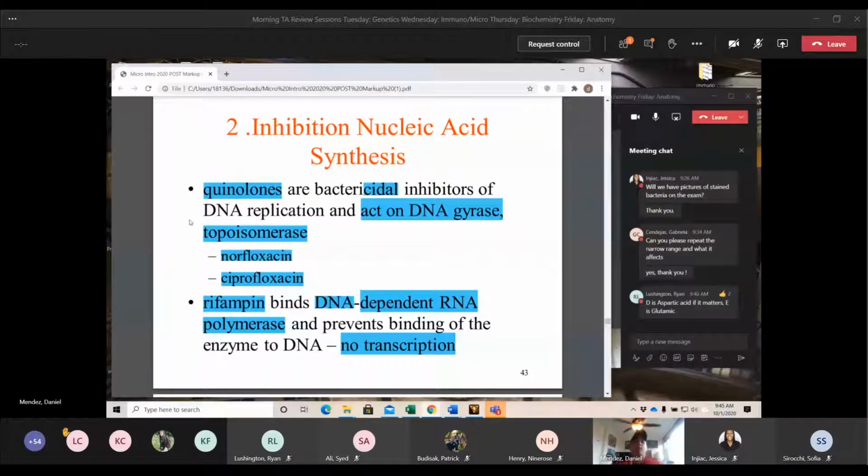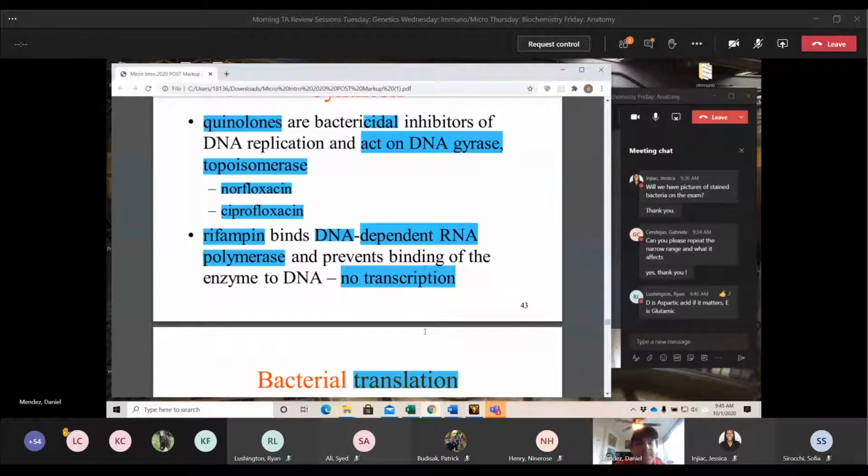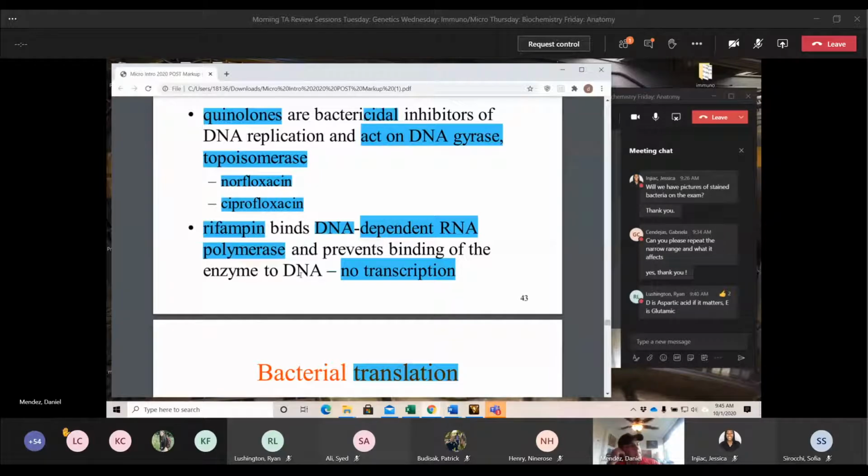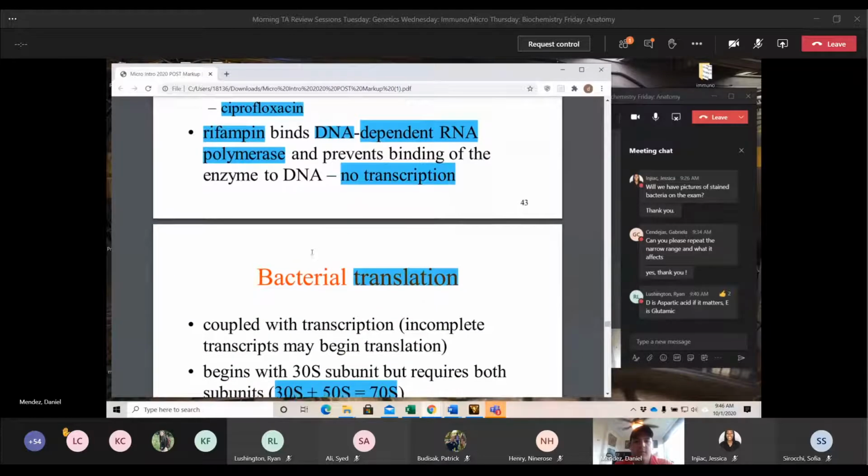With quinolones, that stops any new DNA from being made. Rifampin is going to stop any new RNA from being made. Make sure you can differentiate between those two because they are different. He doesn't say here, but I'm pretty sure rifampin is known as bacteriostatic. I'm pretty sure I also have it on my makeshift study guide that we'll go over.